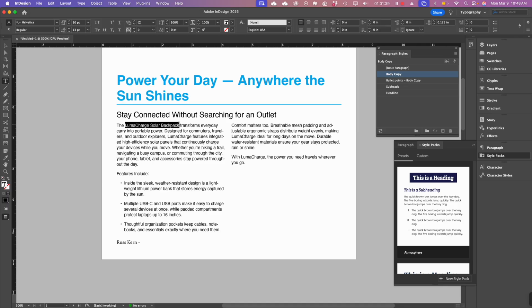So if, for instance, my client says the LumaCharge solar backpack always needs to be bold, I always want my product name in bold. If I just select that text and go to my Helvetica menu and make it bold, that's okay, except that now my body copy style shows that override, that little plus sign that we hate. Well, we don't hate it, but